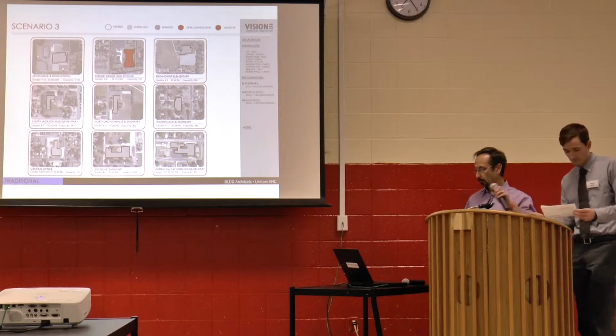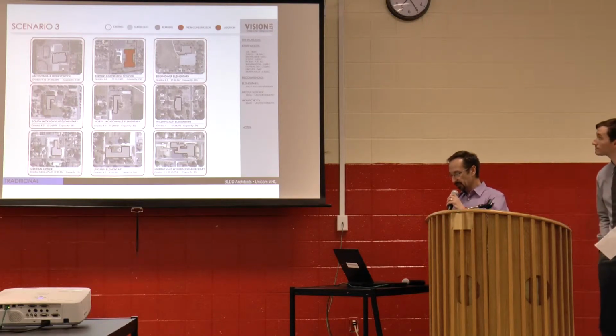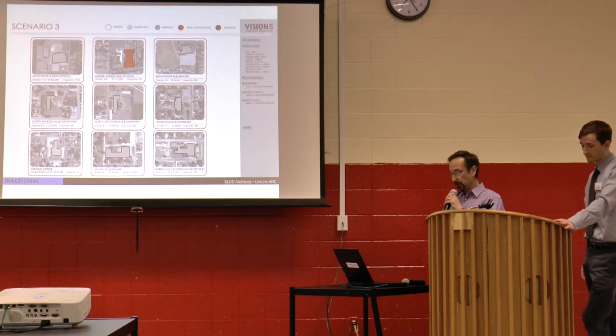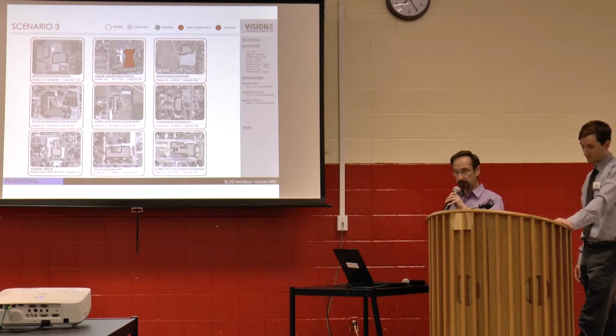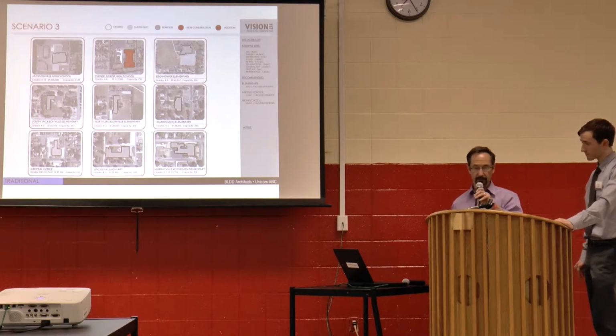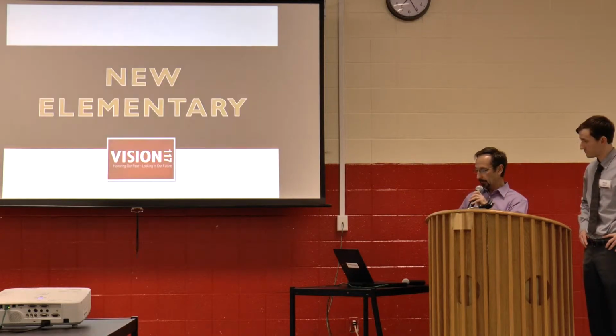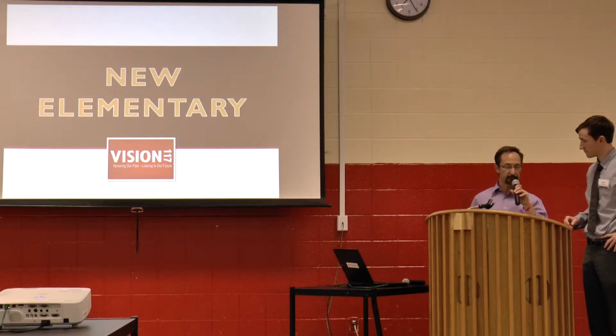In scenario number 3, a new 6-8 is constructed on the Turner Junior High School site. The Jacksonville High School gets physical needs assessment work and 21st century renovations. Because Turner has become a 6-8, the remaining facilities become K-5 facilities. They get physical needs assessment work and they get 21st century renovations. So those first three scenarios are what we classify under a traditional school layout. The next is where all of the elementary is new, replacing all of the existing facilities.